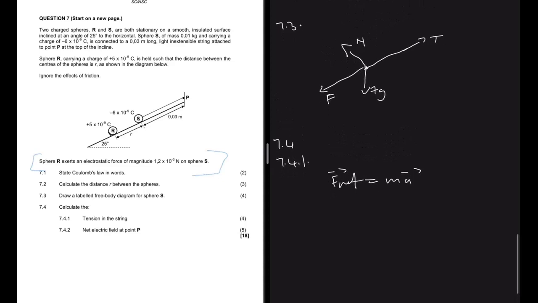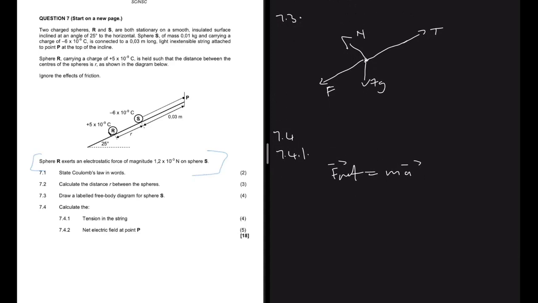We're supposed to find the tension. The spheres are stationary, right? So we know that F net equals 0. Let's just put that there. So there it is, we have 0 because acceleration is 0. So what we're going to do, we're going to